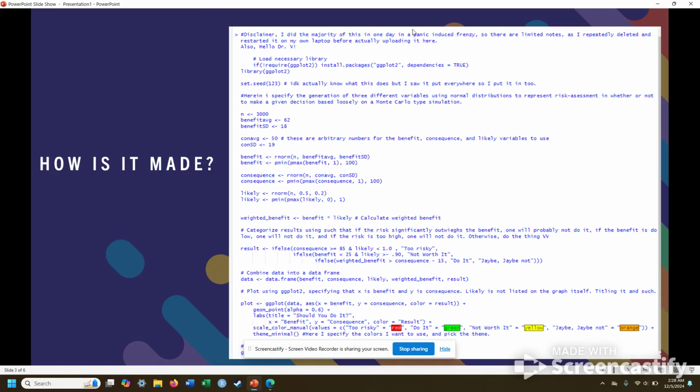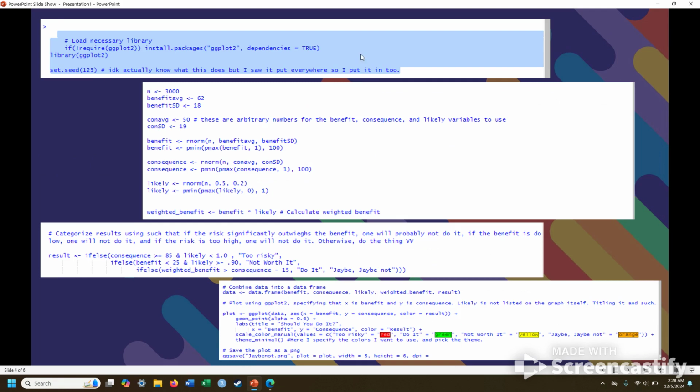This is the entire code itself. And here it is broken down piece by piece. So first, we load the necessary library. Everything at the top is just for setting up the basic functions of RStudio. And then we have here